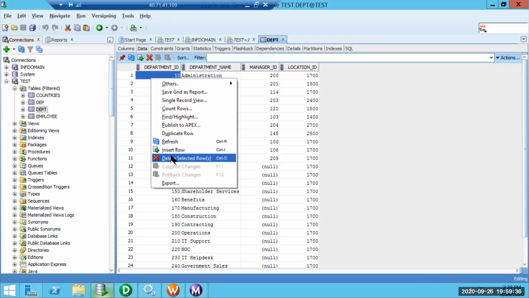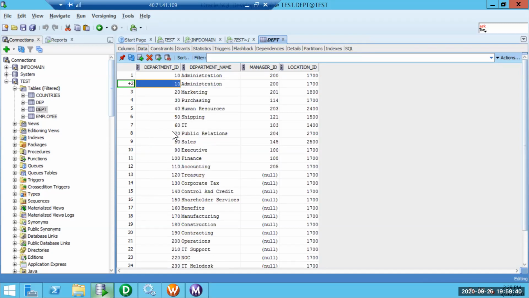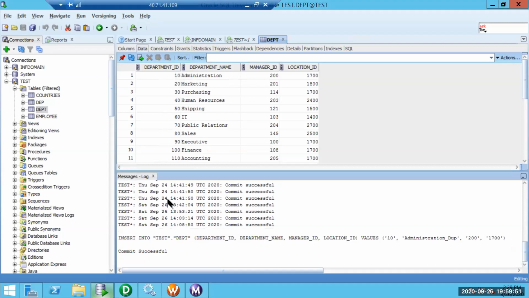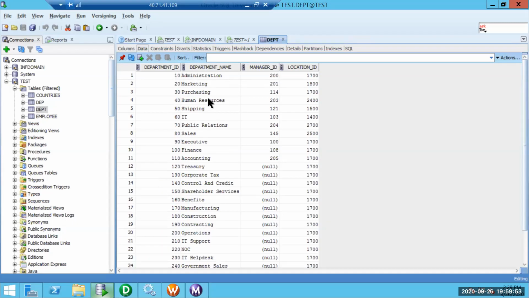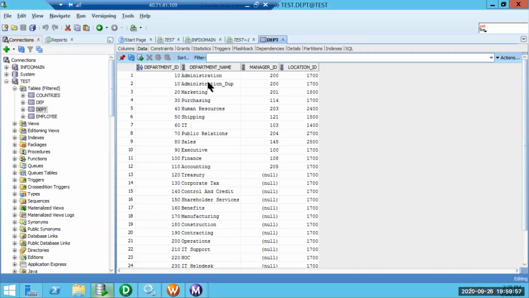Since 10 is present for only one record, I am making it 2. Maybe I'll name it administration underscore duplicate. So when we look up on department ID 10, we should get 2 entries.